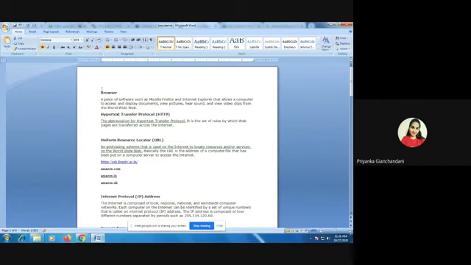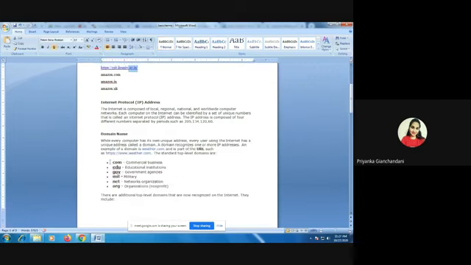Now, for accessing any particular website, you need to know the URL of that website. So when we say https csit.isunif.ac.in, this entire link is called what? It is called the URL of that website. The last part of the URL is always the domain name. This domain name can be .com or .edu or .gov